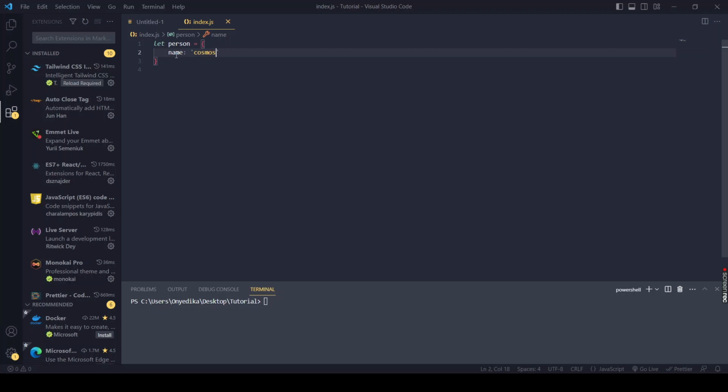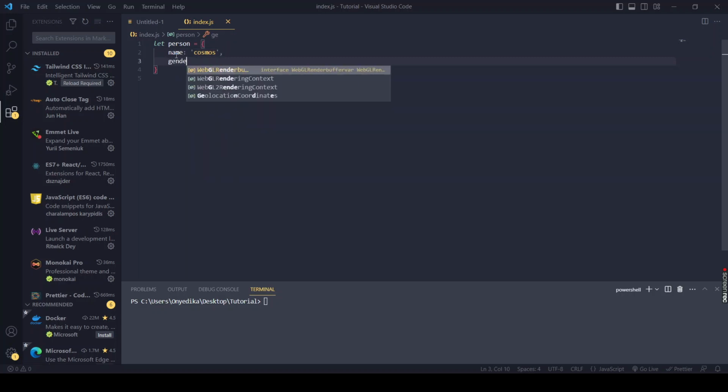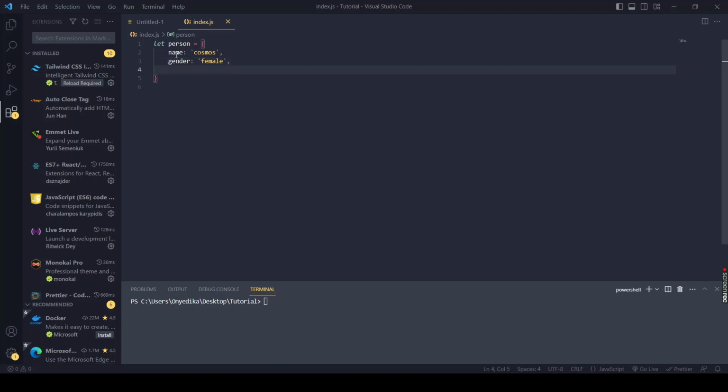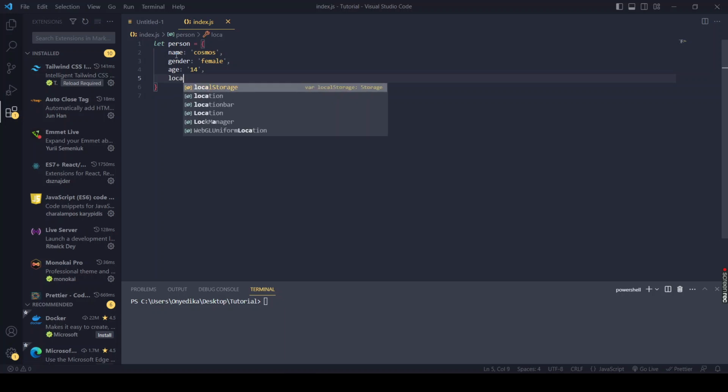And gender, we have a gender, obviously. I'll give it a female gender. And we have the age. We'll give it 14. Then we say location. We say location would be